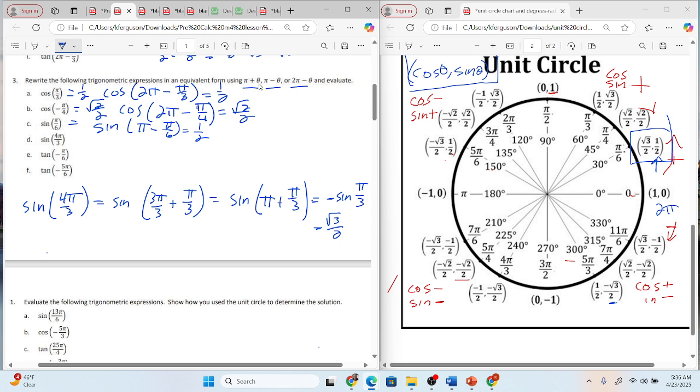Let's go with pi plus pi over 3. So pi, and then plus pi over 3, that's 60 degrees. So right here, do I get a negative? Yes, I do. So my answer for this is sine of pi